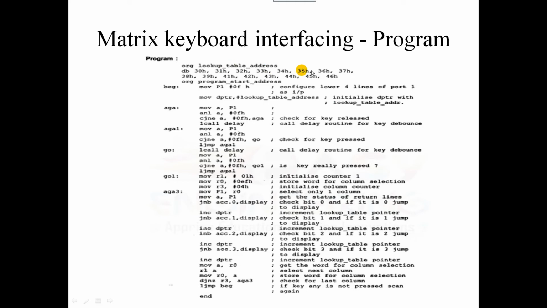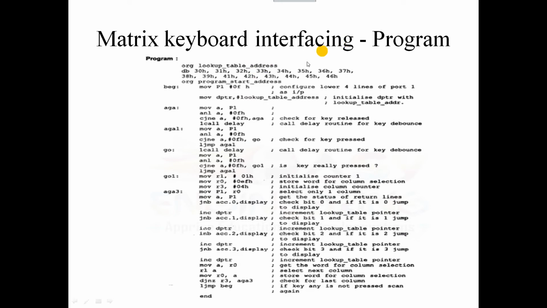So these are all the corresponding data for the particular keys that is going to be used. So we are going to configure port 1 as an input. If it is going to be input, then P1.0 to P1.3 is going to be filled with ones.